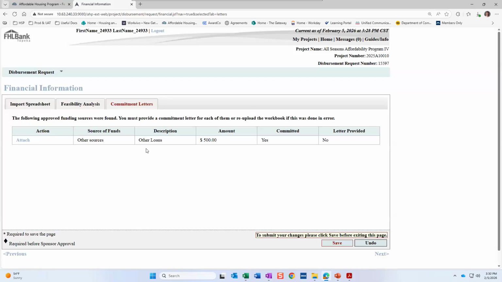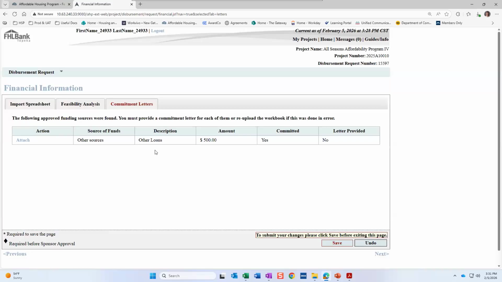We need it to have the home buyer name or address of some form. We need it to have the amount of the grant that was provided, and we need it to verify that there is no repayment required. So again, the three things are the name of the home buyer or the address of the property being purchased, something to tie it to the home buyer, the amount of the grant provided, and that there is no repayment requirement on that grant. So that's what we're looking for there.